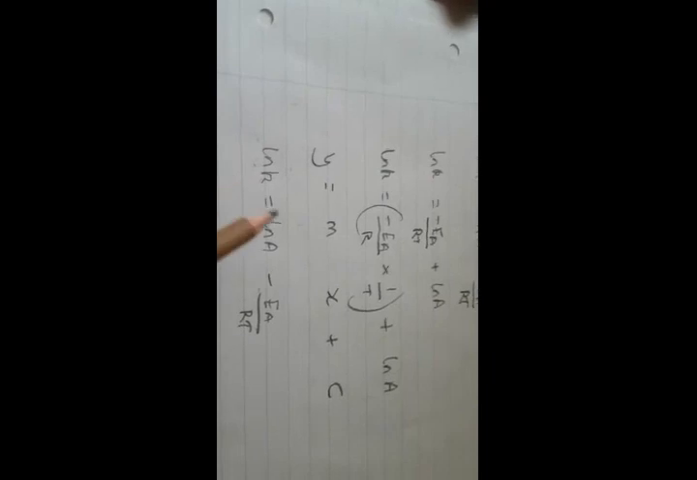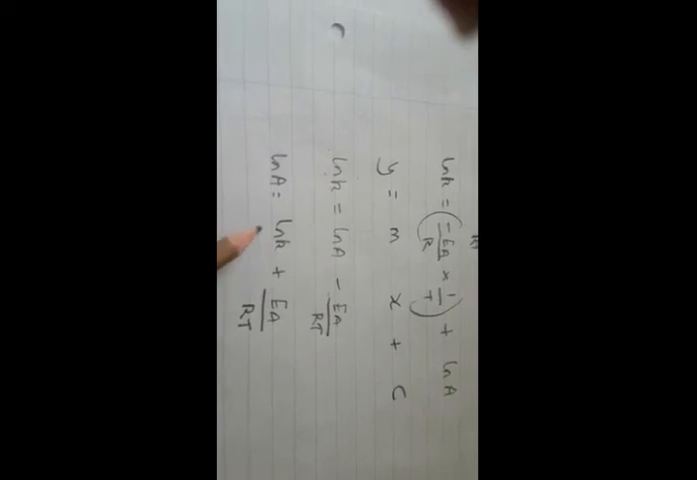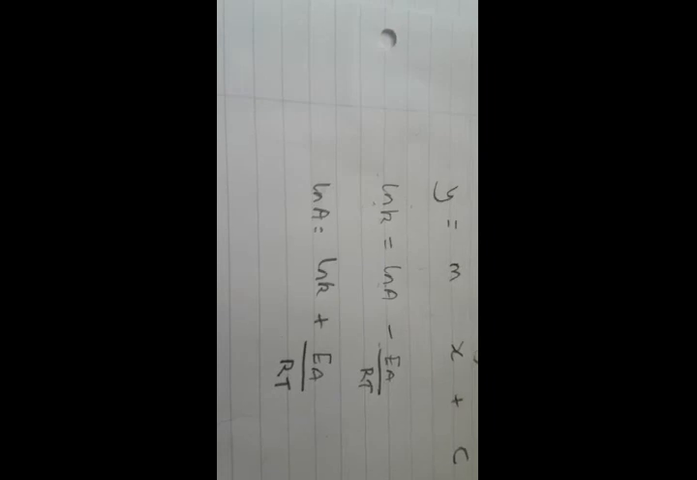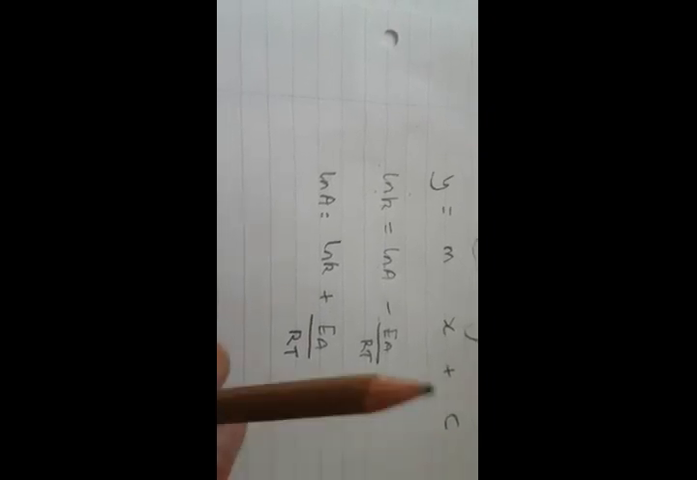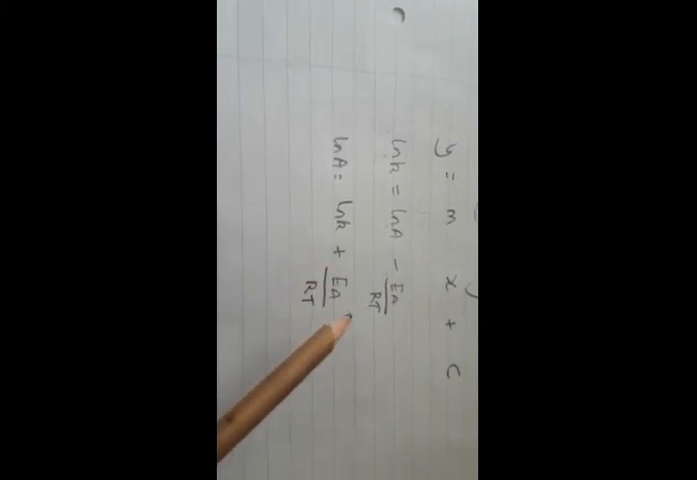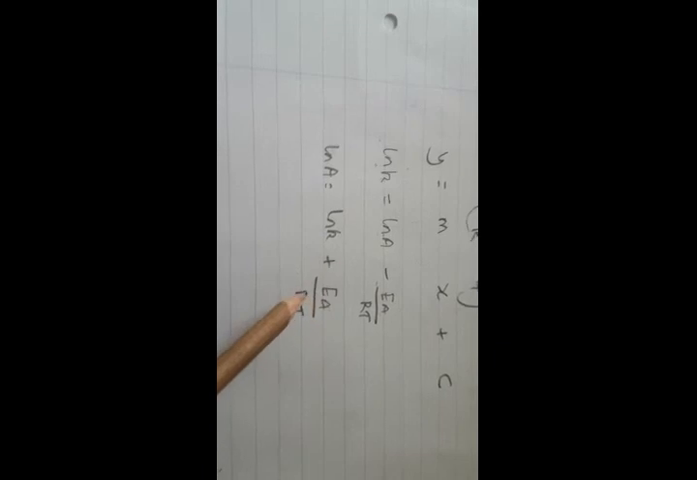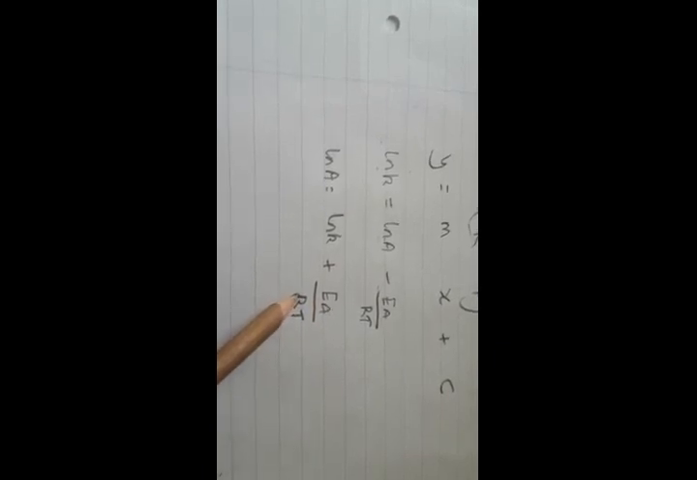Now, if ln k is ln A minus EA over RT, it's easy enough to rearrange that and just make ln A equal to ln k plus EA over RT. And really then, it's just a matter of inputting values. The activation energy you've already calculated. R is 8.31, it's a fixed number, and ln k and T